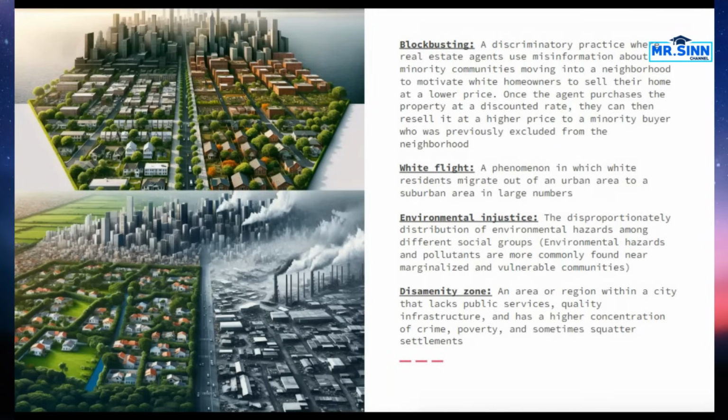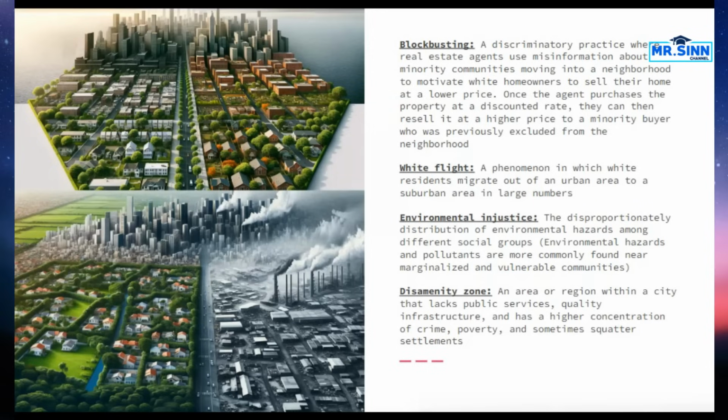All right, these are also some concepts that you want to understand. So when we're talking here, blockbusting, we have this discriminatory practice. It contributed to white flight. It contributed to segregation of neighborhoods. I got a lot of text on here, so I'm just leaving it up so you can read it. But when we're talking about it, blockbusting is going to be this area where real estate agents are actually trying to motivate people who are white to leave. They'll sell it at a lower rate to them. Then they'll mark up the price to different minority groups coming in. And it led to white flight, which is this phenomenon of white residents migrating out of an area and going to the suburbs in larger numbers.